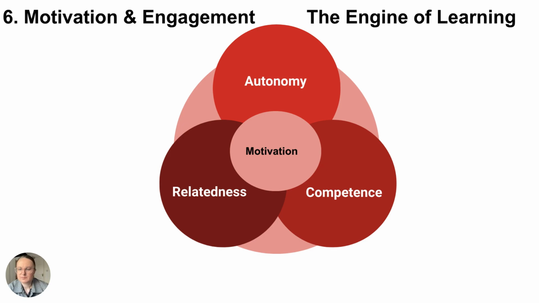To sustain your motivation, actively design these principles into your routine. Protect your autonomy by owning your goals, set micro targets to trigger small wins that build competence, and shift from isolating study habits to collaborative environments that feed your need for connection. Try this. Rate your current study motivation from 1 to 10 across autonomy, competence, and relatedness, and take one specific action to boost your lowest score this week.